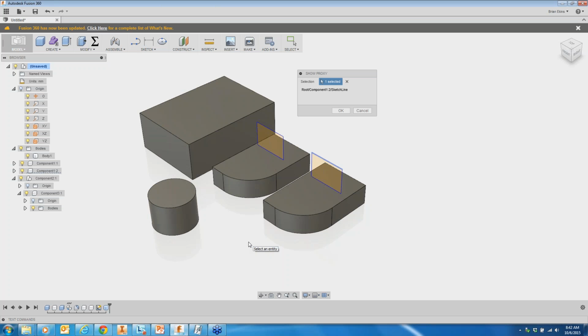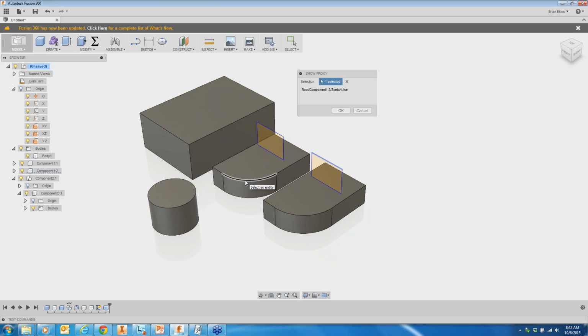Now I have a proxy of that edge, and now I can use that edge to create a joint,